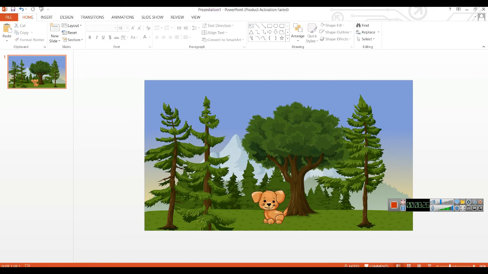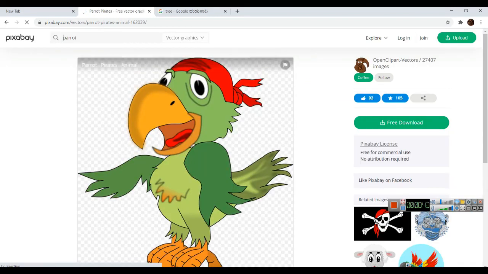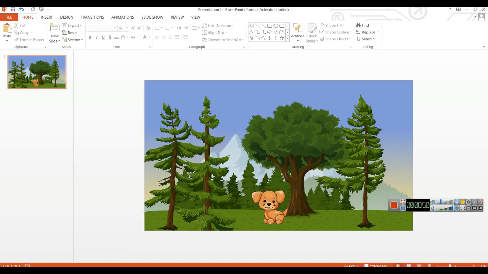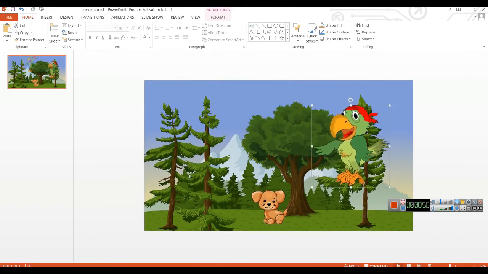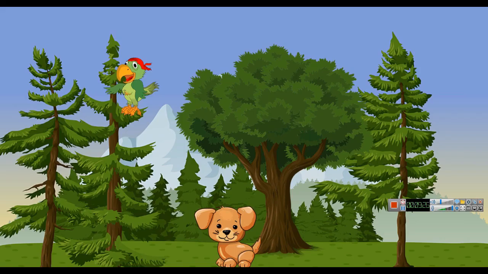You can put some bird also on this parrot. Hopefully this is .png. Yes, see the background here. Copy image, come here and paste here. So a parrot is ready here. Now you can keep this parrot wherever you want. I will keep this somewhere here. Right. So like this you can bring many of those small .png files, depends on the story you are making, and create a beautiful stunning image in the PowerPoint slide itself.